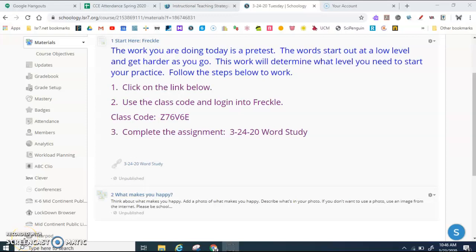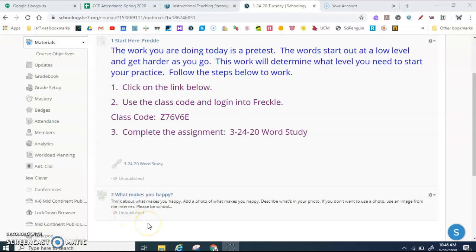Hi writers, the purpose of this video is to show you how to add to a media album. This image with the 3 pictures means that this is a media album. Each time we have a media album, there will be a question or a prompt, and then there's information below